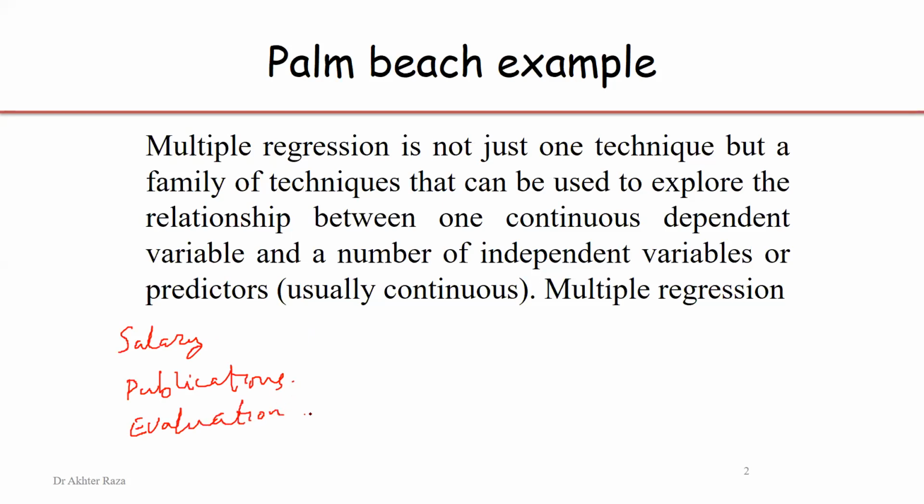Evaluation by students is on a scale of 1 to some number like 10. Number of publications is the articles published in journals, like 5 articles in a year or 4 articles in a year, and salary is a scale. So all of the three variables are scaled variables,